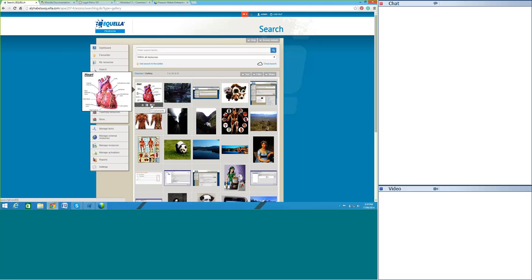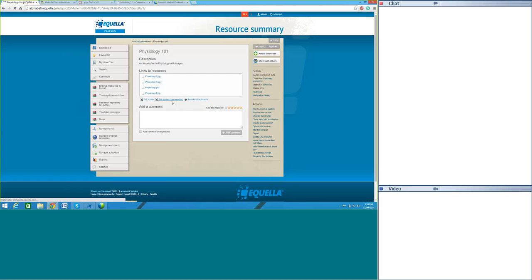So when you hit the comments, it will take you to the resource summary page, and it will have zoomed in on the comments area of the resource summary page. Okay, so if we go into this one as an example, we'll go into the summary page. You can see that I have 3 JPEGs as attachments as well as a PDF in this page. If I go to edit this version,